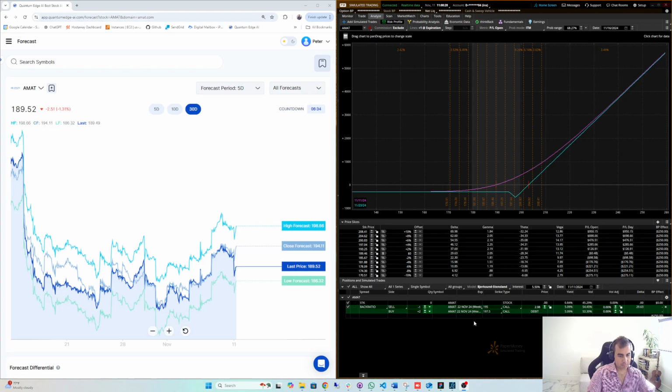Now, the reason you do this is because you believe there's going to be a substantial move upward. The only risk you have is that price doesn't do anything and you lose that net debit. Now, what you want for this is to blast through this location. In order to structure it properly, you want this to be the high forecast. So what you're going to do in this position is